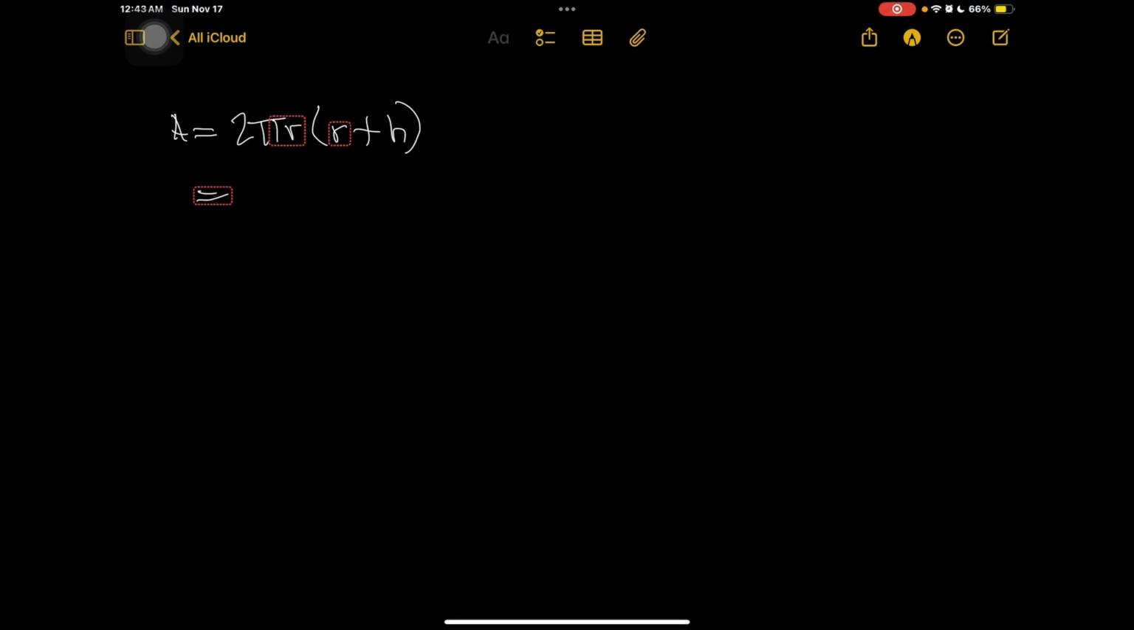So 2 pi, and for the radius is 3, which is 3 meter, and multiplied by radius, which is 3, also 3, plus height, which is 5 meter. So 3 plus 5